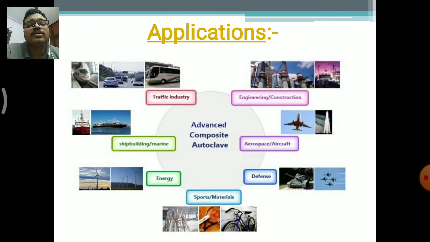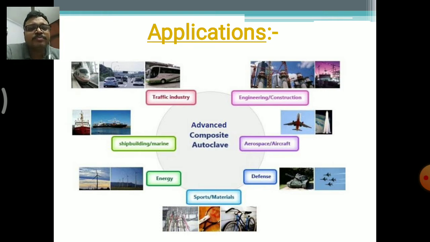Next are the applications we are using for FGM in different sectors. The first one is the traffic industry. In the traffic industry, we are using it in signal lights and in LED bulbs also. That is the transformation of information from light to power. Mainly they are using it in signaling, the controlling of signals.